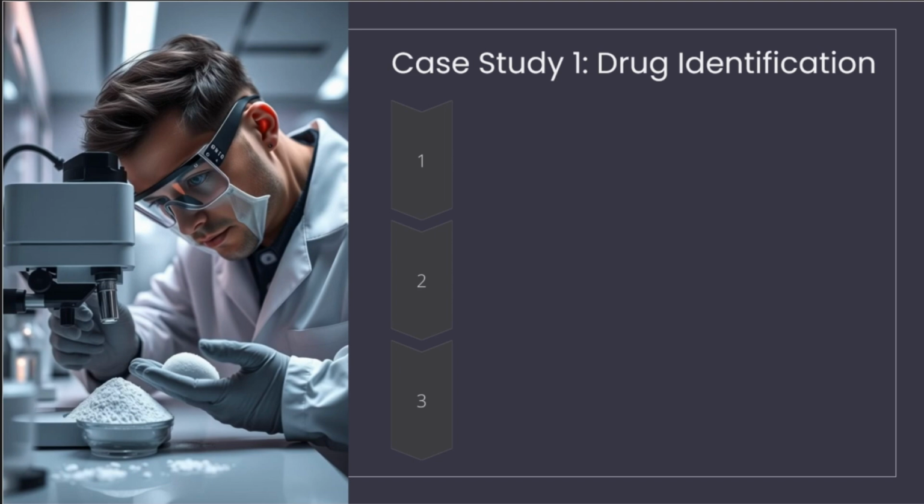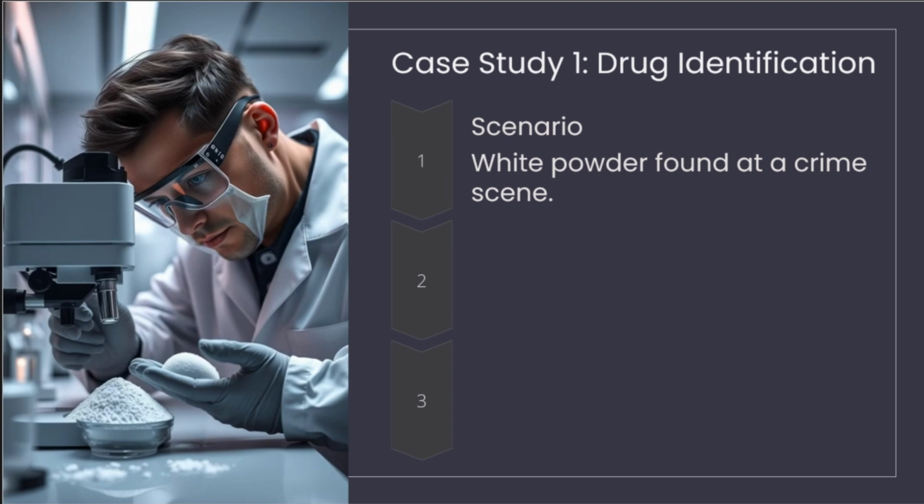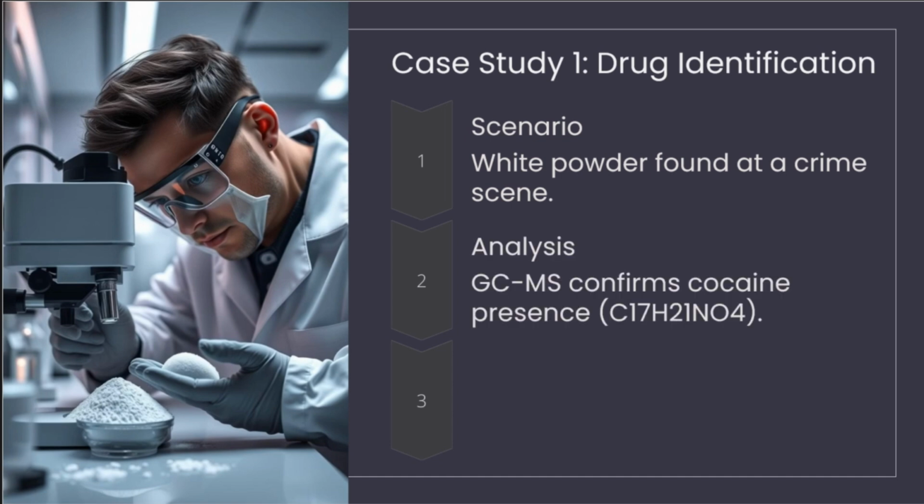So this case study examines a forensic investigation into a white powder found at a crime scene. Now we can use presumptive tests to identify what this white powder is, but in the lab, we can actually use an analysis, and that is your GCMS. So as a confirmatory test, we can use GCMS to confirm the presence of cocaine, which is a powerful and